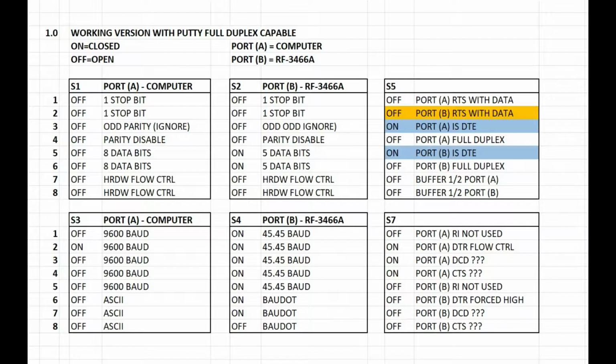Similarly, if you look at S2 and S4, you see 1 stop bit, no parity, 5 data bits, hardware flow control, 45.45 baud, and the Baudot character set. And the system will then, of course, translate as it moves data from port A to B or from port B to A, in the correct direction. Just one thing I'll point out on the right, there are a few other parameters to be set,